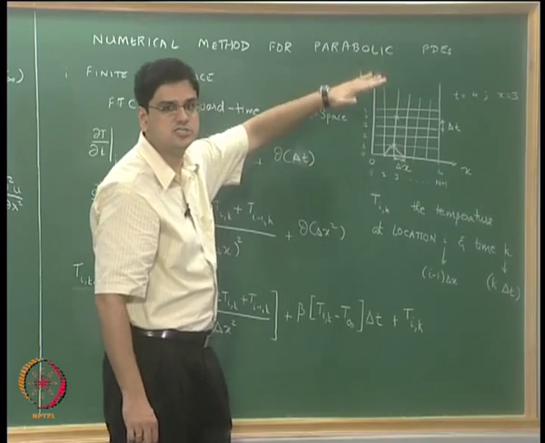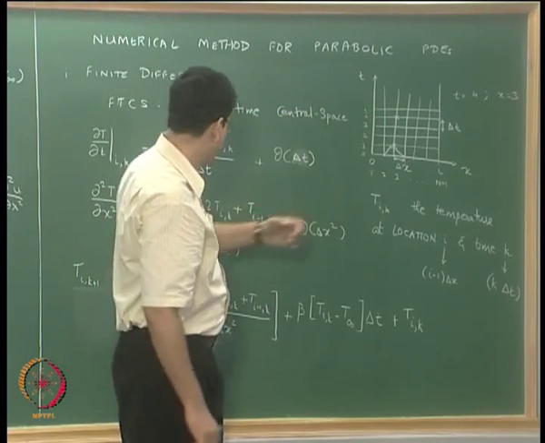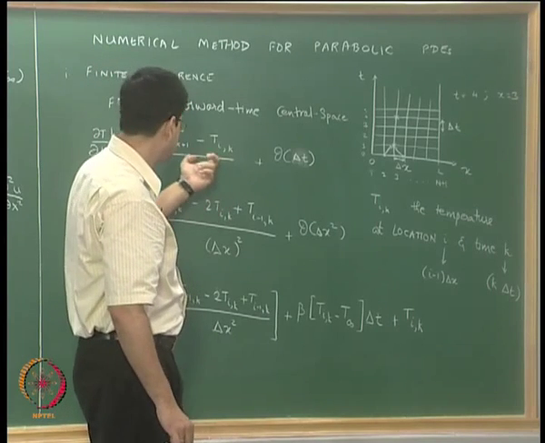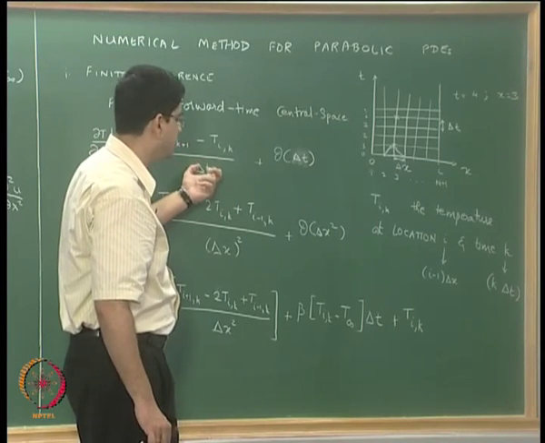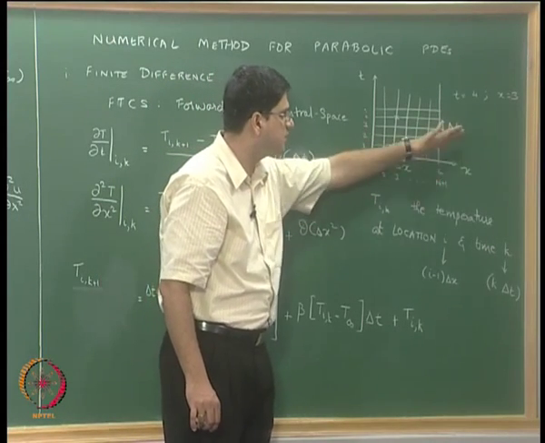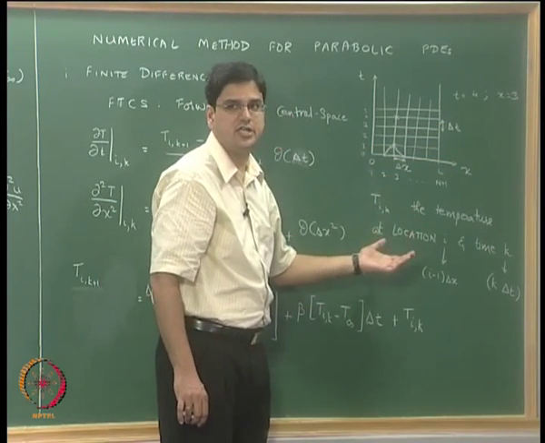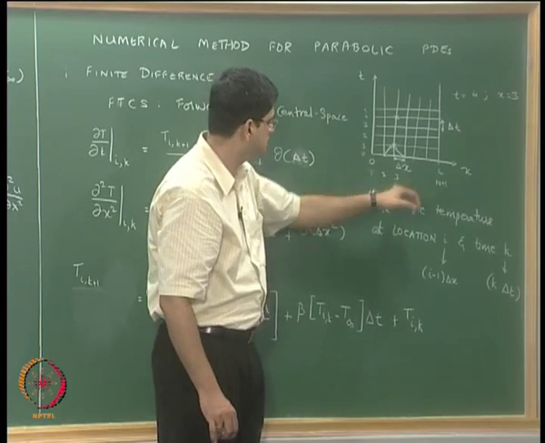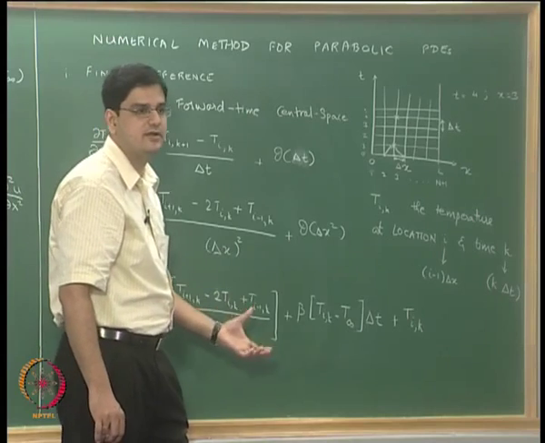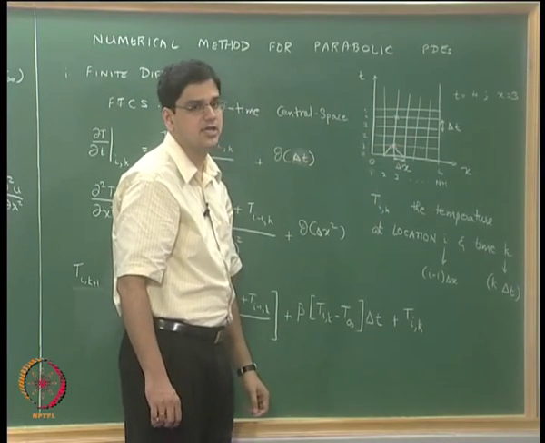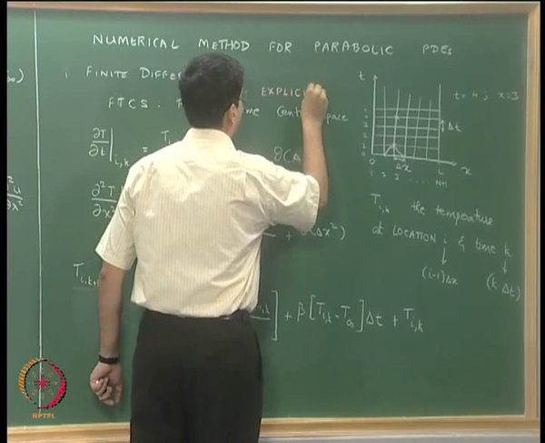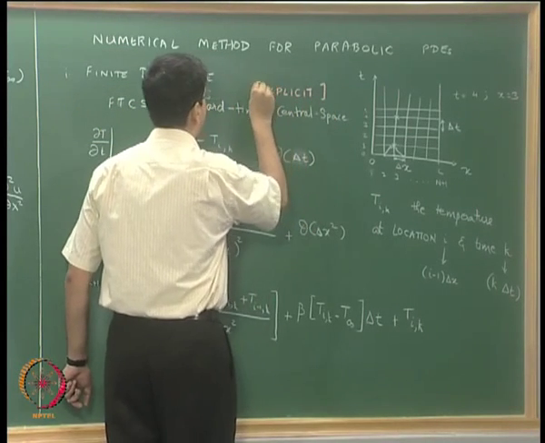that in a step by step manner, because this is an explicit expression in time t along the time direction t. As a result, we do not have to do any kind of solving of linear equations or non-linear equations. This is just an expression where we substitute the known values of the temperature and we will get the value of temperature at time k plus 1. So this, the forward in time central in space, is an explicit method.